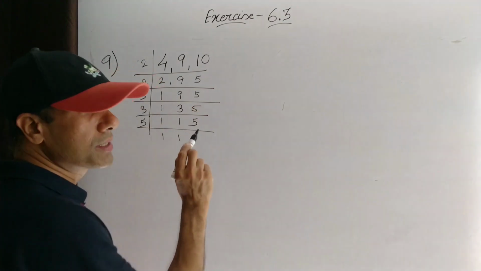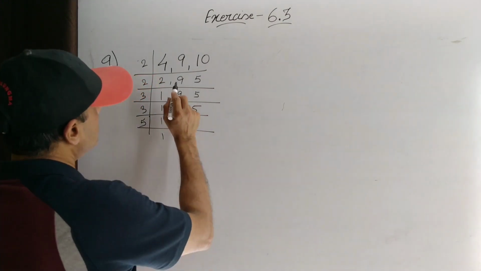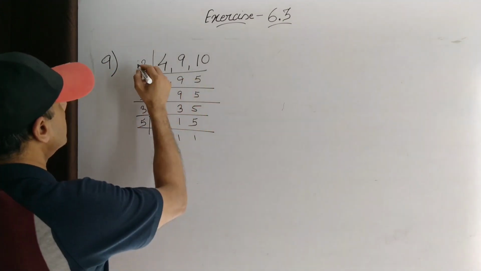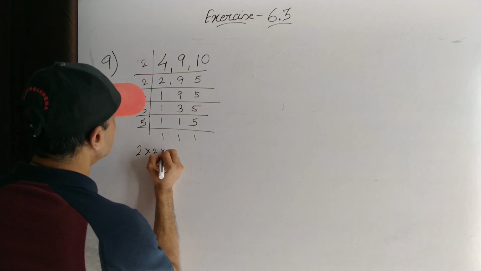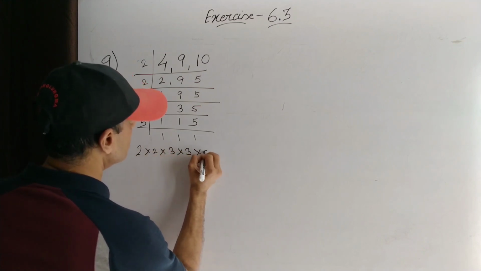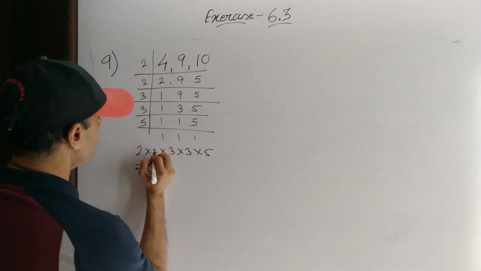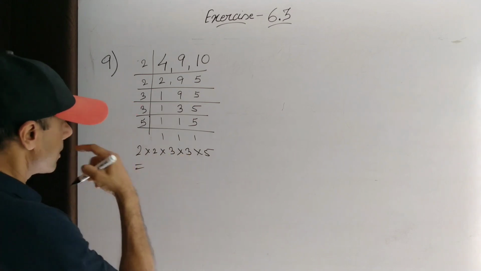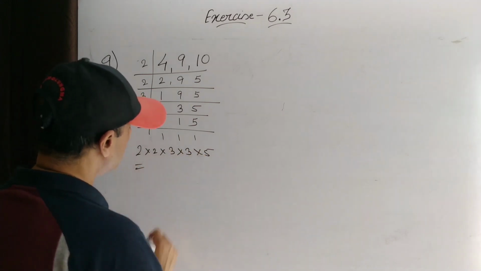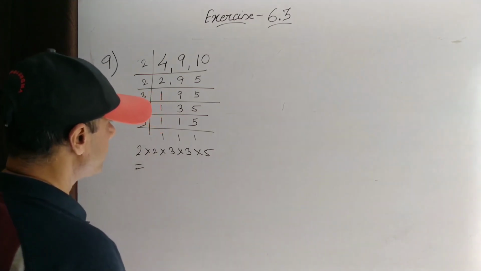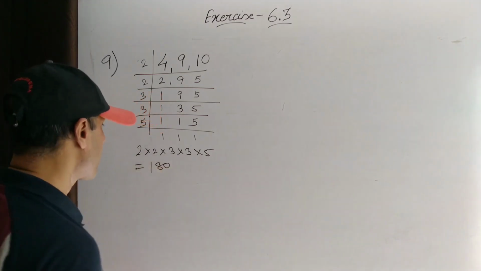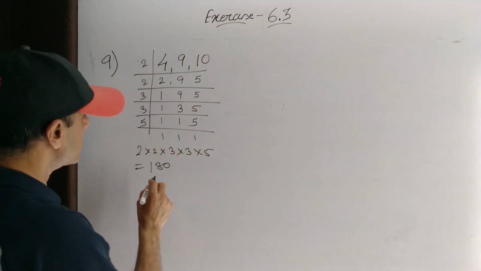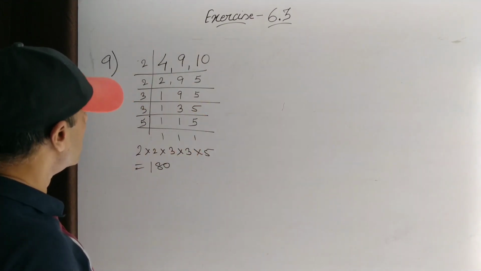That means the least number which is divisible by all the three. So what is that number? We have got 2 into 2 into 3 into 3 into 5, which is equal to 2 into 2 is 4, 4 into 3 is 12, 12 into 3 is 36 and 36 into 5 is 180. So 180 is the LCM of these three numbers, which means this is the least common multiple or the smallest